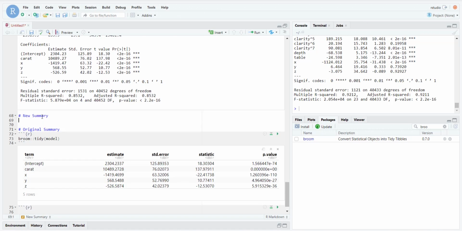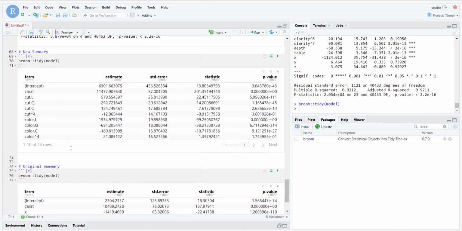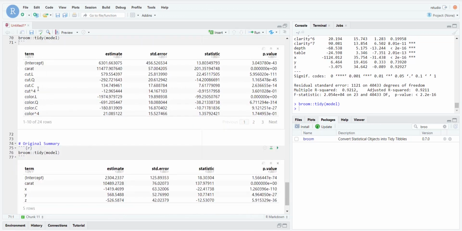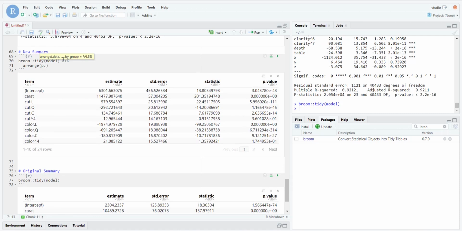New summary. So broom tidy model, and there we go. Now we have all the other variables included, and we can view in detail the p-value of everything. We can sort this by p-value,